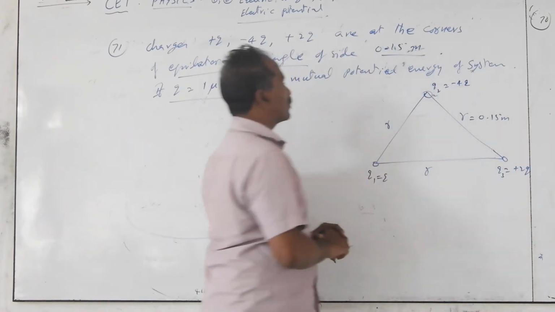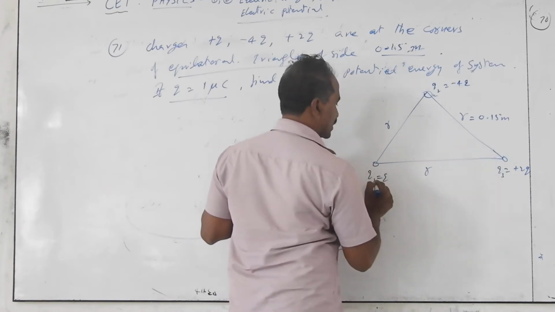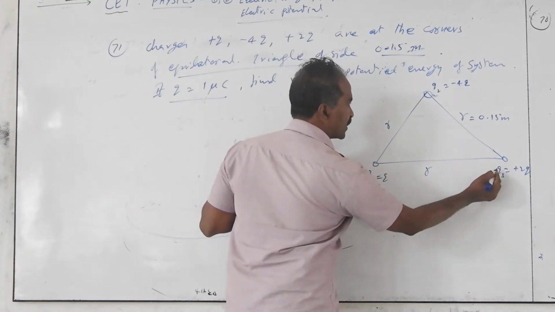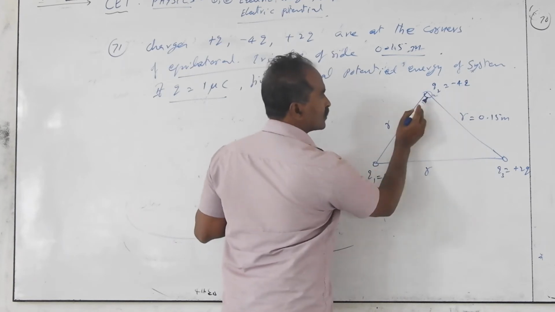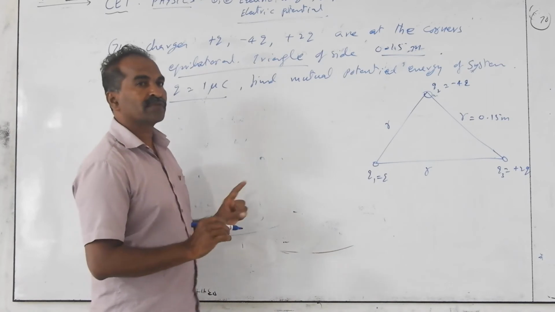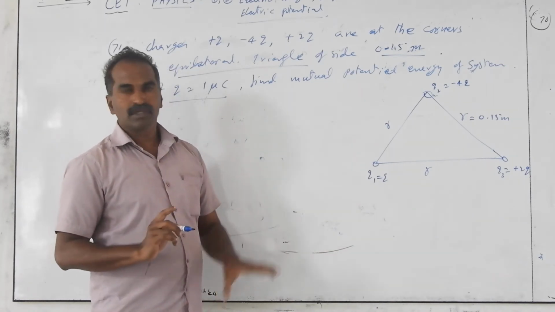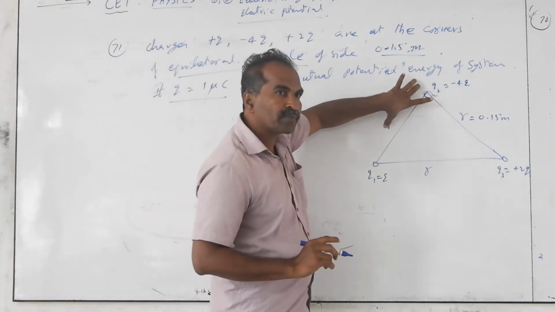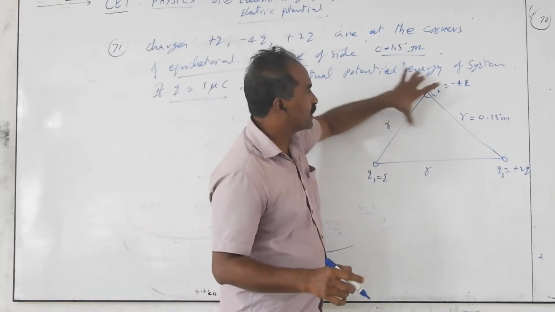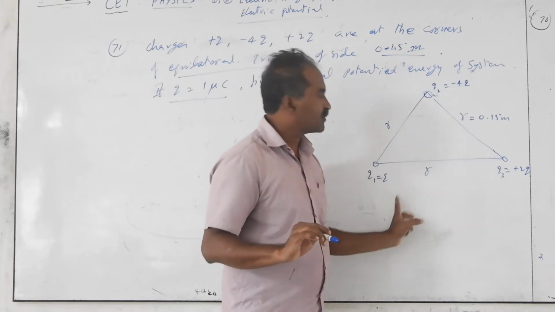You are asked to find the mutual potential energy. This distance is r12, between Q1 and Q3 it is r13, and this one is r23. The total mutual potential energy is found from the pairs of charges. Taking Q1 and Q2, it is Q1 Q2 by 4 pi epsilon into r12. That gives the potential energy U12 because of these two, plus U23 because of these two, plus the potential energy because of the third pair. Capital U is the symbol for potential energy.